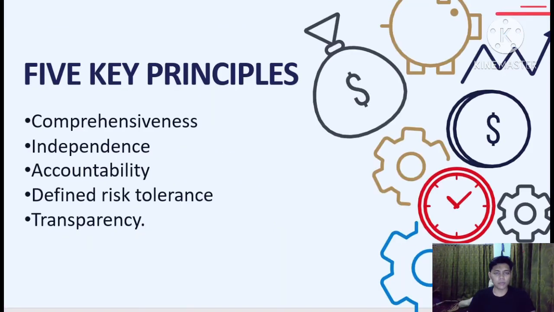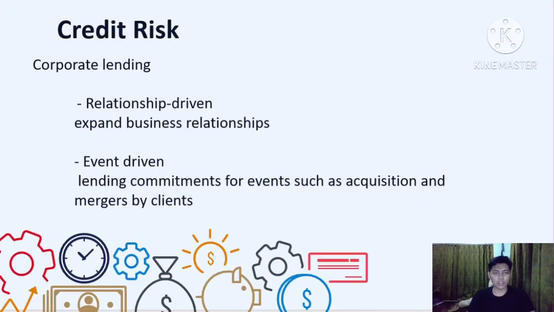Here are the five key principles Morgan Stanley uses to mitigate or reduce risk. The first is comprehensiveness, and then independence, accountability, defined risk tolerance, and transparency. These are the five key principles to mitigate how credit risks happen. And for credit risk in Morgan Stanley, such as corporate lending, it can be